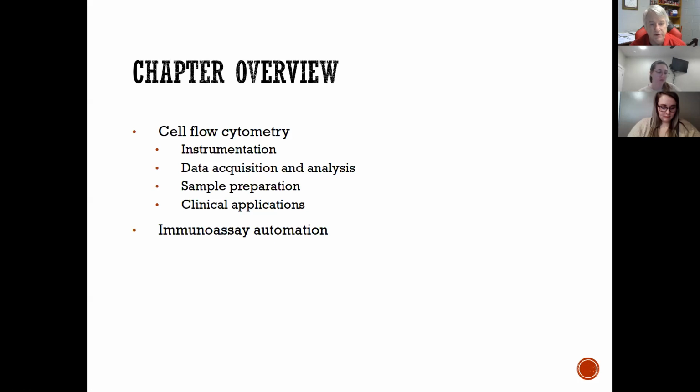Cell flow cytometry has not always been in the lab. I've never worked with it in a clinical lab, but your text will tell you that it was introduced maybe in the early 80s. It's been around for a long time. In the 1960s, the technique was there. When you hear cell flow cytometry, you think, oh, this is some kind of complicated method. And it is kind of complicated as to counting cells and to detect certain cells. But we do this with hematology.